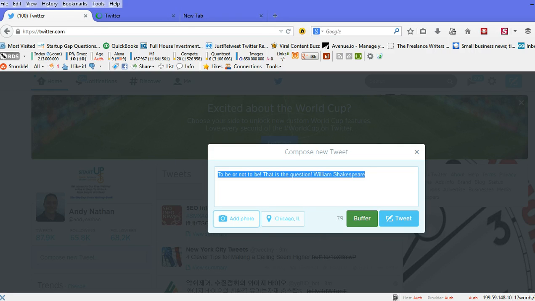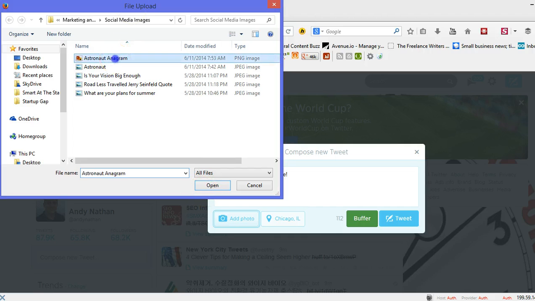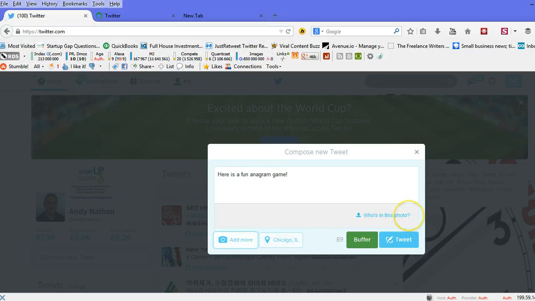So here, I'll do another one. Here is a fun anagram game. And I'm going to add a photo, and I click here, and then I wait for the photo to load, and then I click tweet. And that's pretty much it. That's all you really need to know how to do. And while we're waiting for that to load,